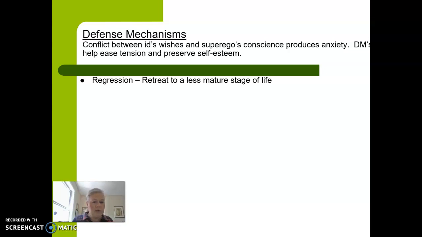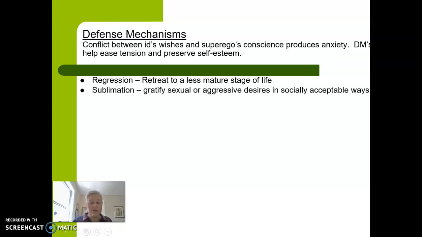Now, this next one is a really, I think, like football or maybe even rugby are the ultimate examples of this next one. The next one is called sublimation. So, the foundation of Freud's idea about the id is that it is just filled with these sexual or aggressive desires. And so in society, that's not acceptable to act on those all the time.